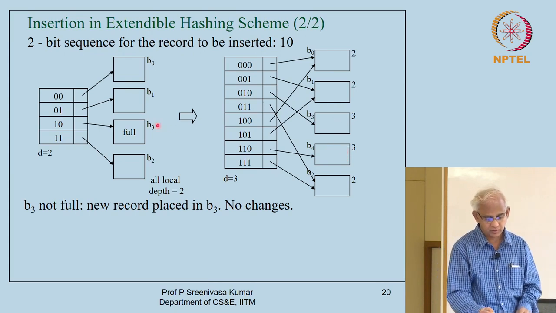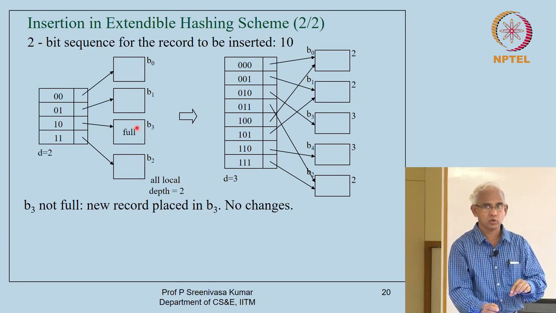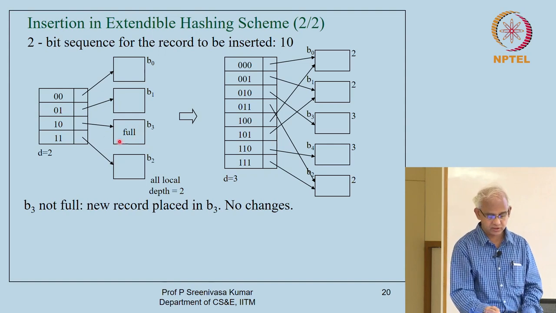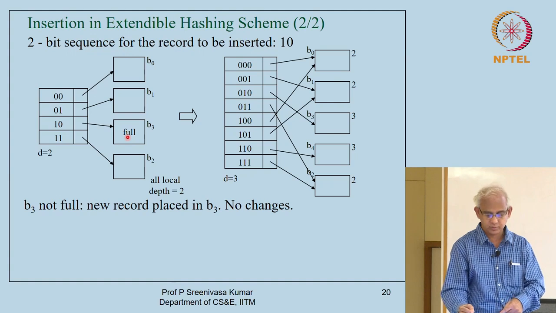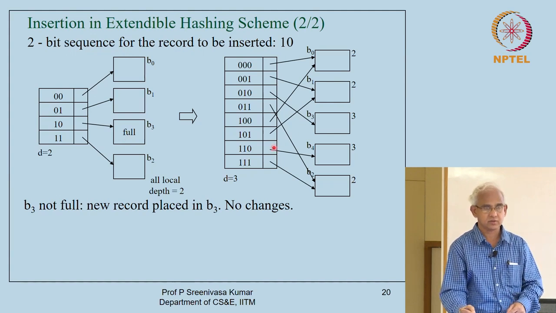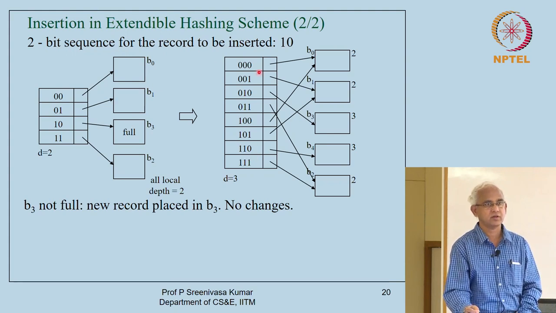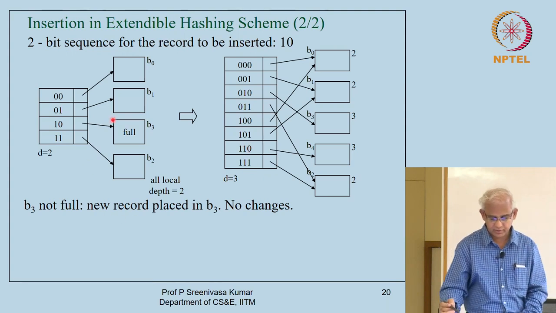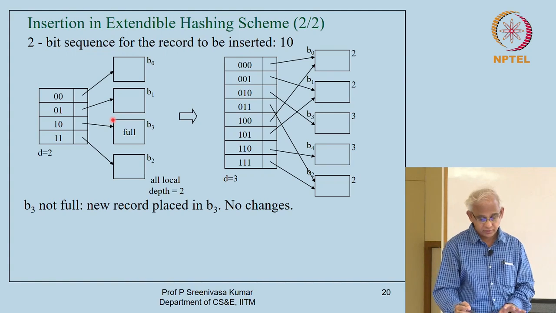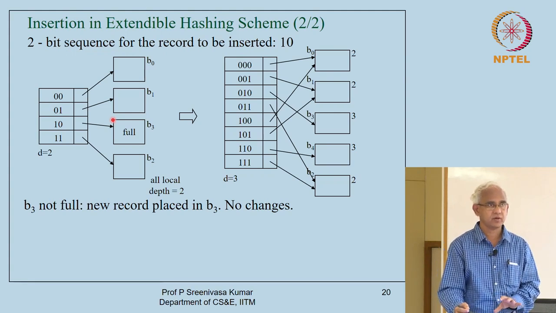So, you can see that wherever it is necessary to create more space, we have done that. At B3, new records came into the picture, so we created an additional bucket, and to take care of this, we have doubled the directory structure, and then retained all the other pointers as they are in the new directory structure. So, that is how the file can expand, and in fact the file can also shrink when records are getting deleted.